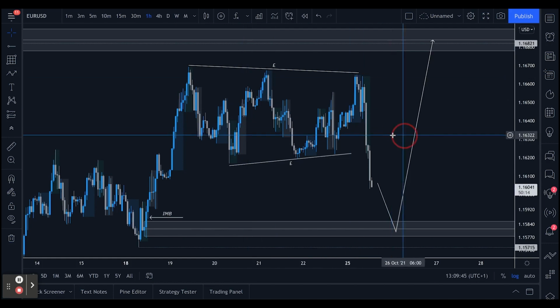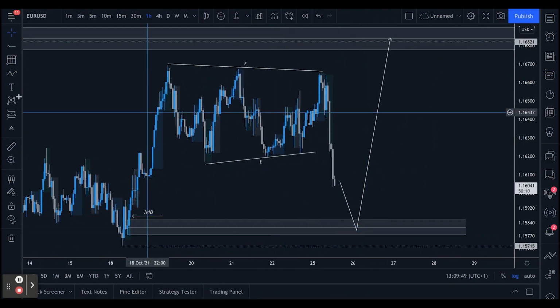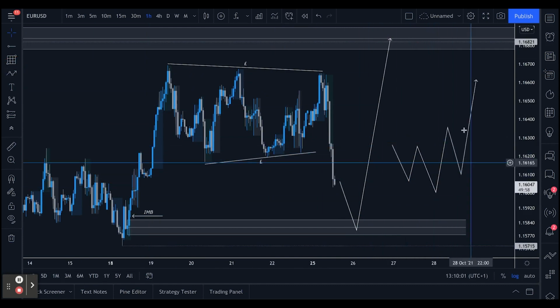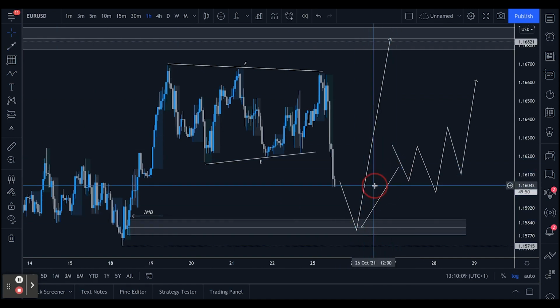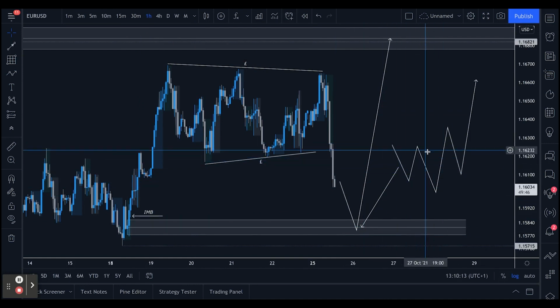So that is the overall picture for EURUSD then. You know what I'm looking for now. Obviously, when we come into this area, we are going to want to see bullish structure confirmation, as we always want to see when we are taking high probability trades. So we want to see the market come into this area, form this bullish structure confirmation on, say, the 30-minute, 15-minute, and so on. And then we can buy into that and ride this thing up all the way back